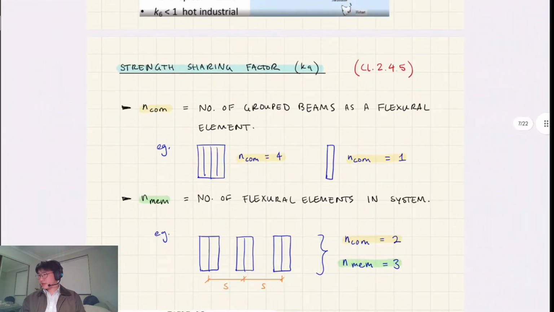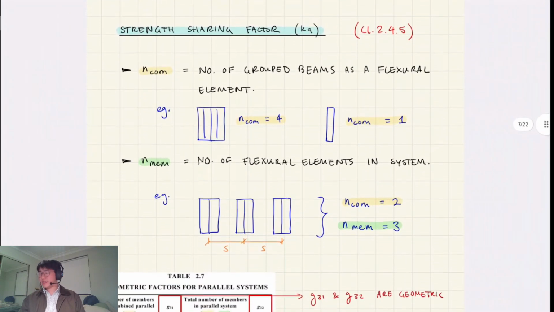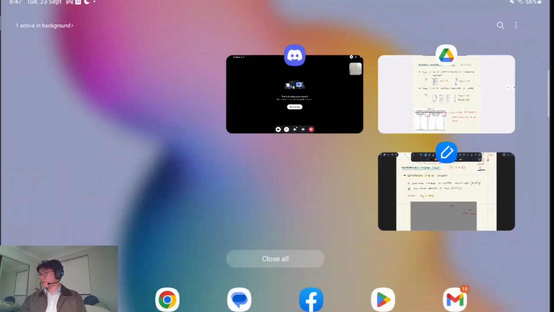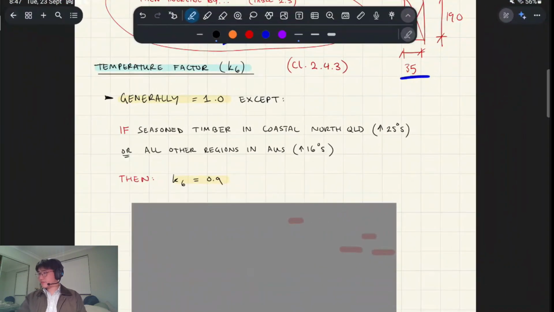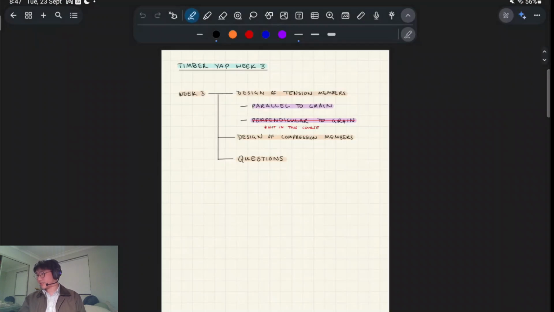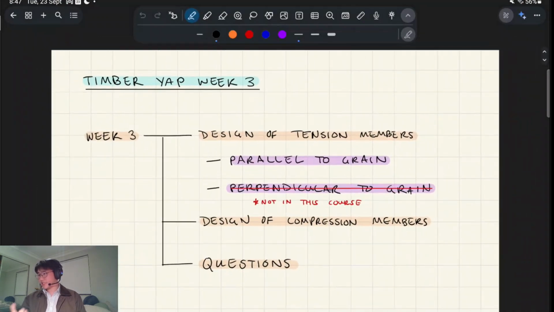But yeah. Okay. Strength sharing factor is for bending design, which we'll come back to next week, right? So I'm not going to talk about that right now. We're going to head over to the week 3 notes, where we talk about design of tension members and